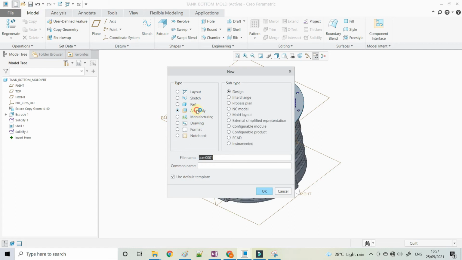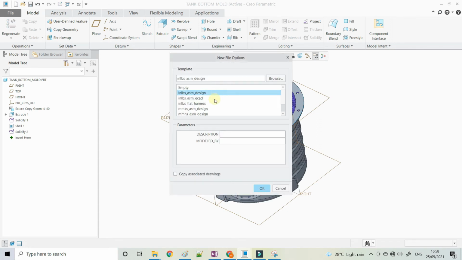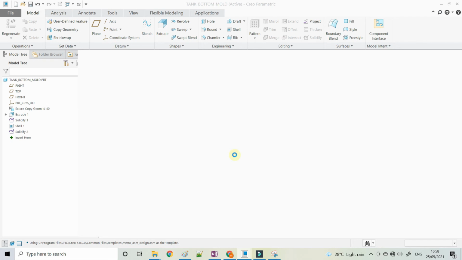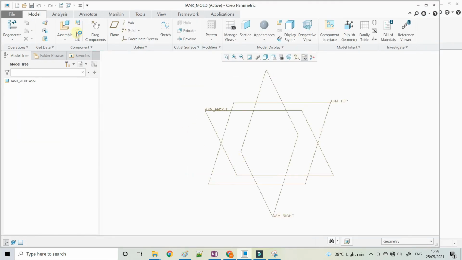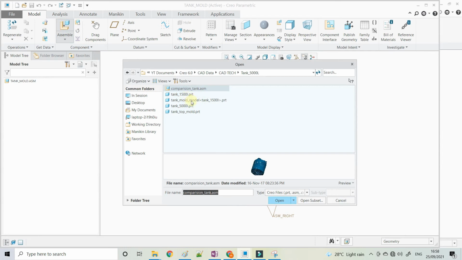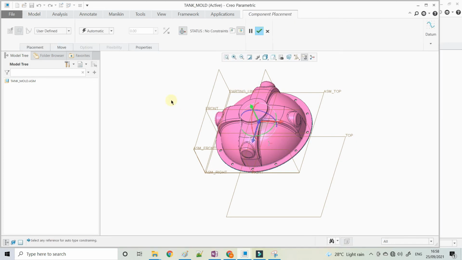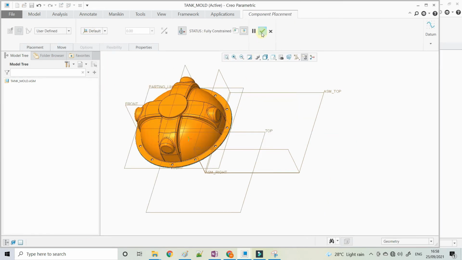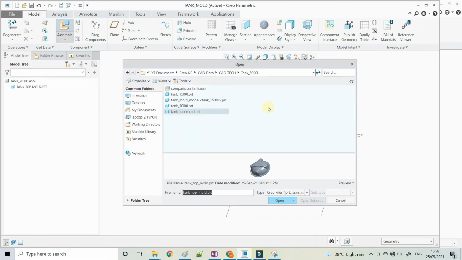So here I am assembling the mold. Now in the assembly you can call both the top and the bottom mold. Say default, because it is driven by one model itself, so it will place at default. So you can call the top and bottom mold and it will place at default.